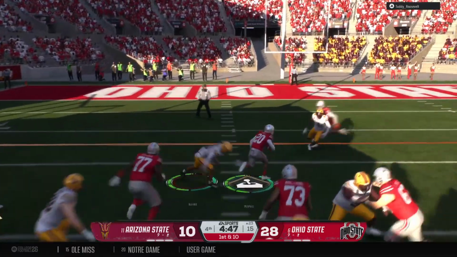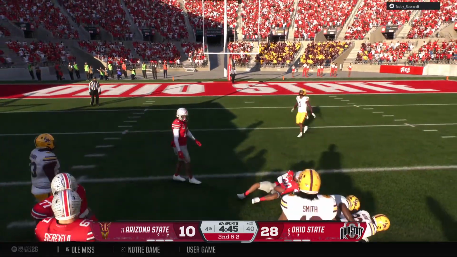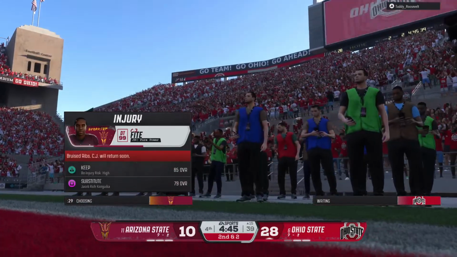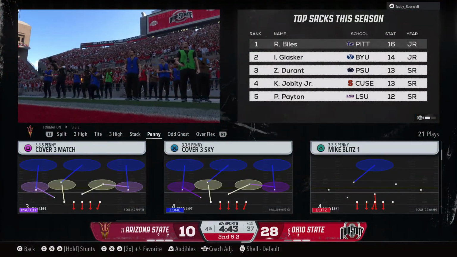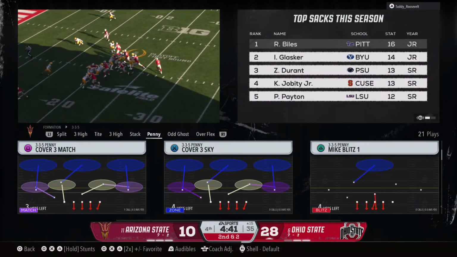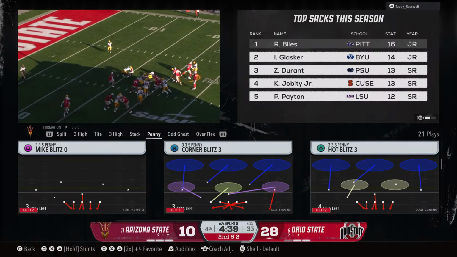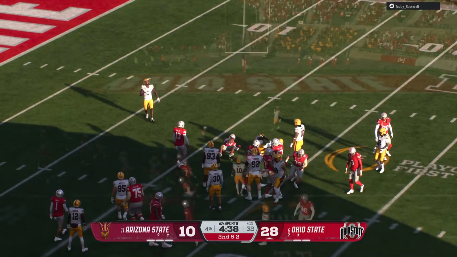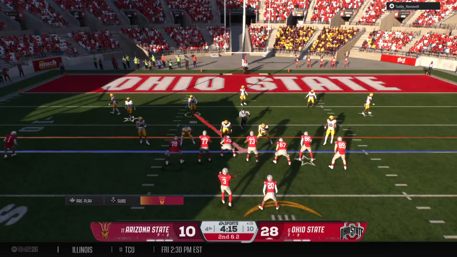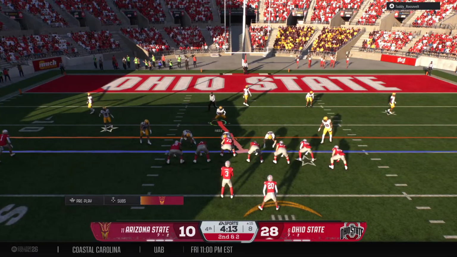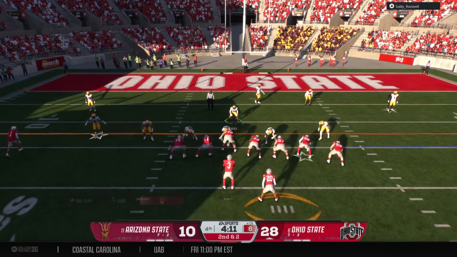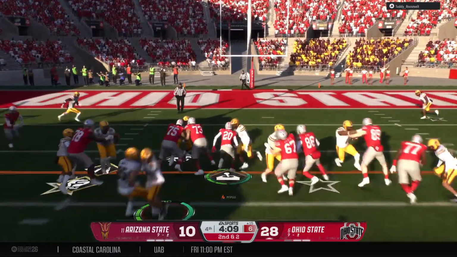Looking for a gap. It's Peoples. Runner finding some space there. That's a solid gain on the ground. You're starting to see this defense, I think, wear down now that we're in the fourth quarter. It's been a tough day for them, and the offense is taking advantage of it. A lot of positive plays. Good job of eating as much clock as they can here on this drive in the fourth quarter.